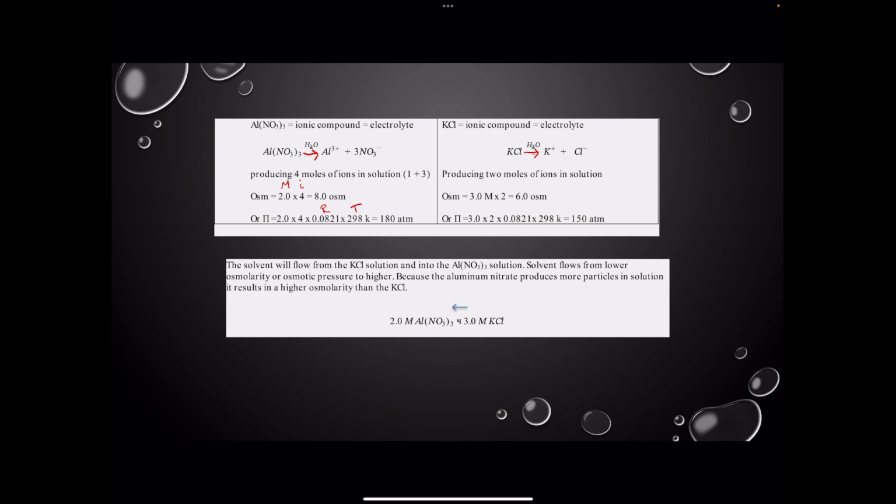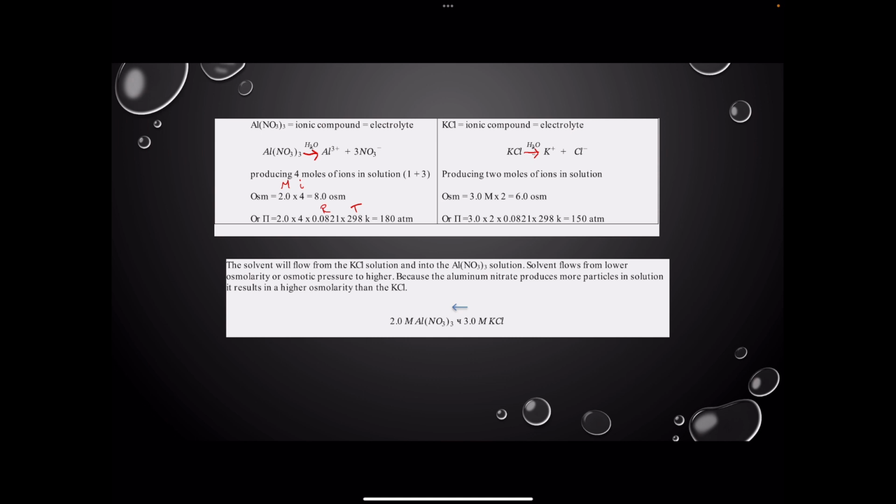Or again, we could determine our osmotic pressure. That's going to be the 3 molar times the I value of 2 times R, 0.0821, times 298 Kelvin, giving us 150 atmospheres. So when we're looking at the direction of flow, solvent is going to flow from the side